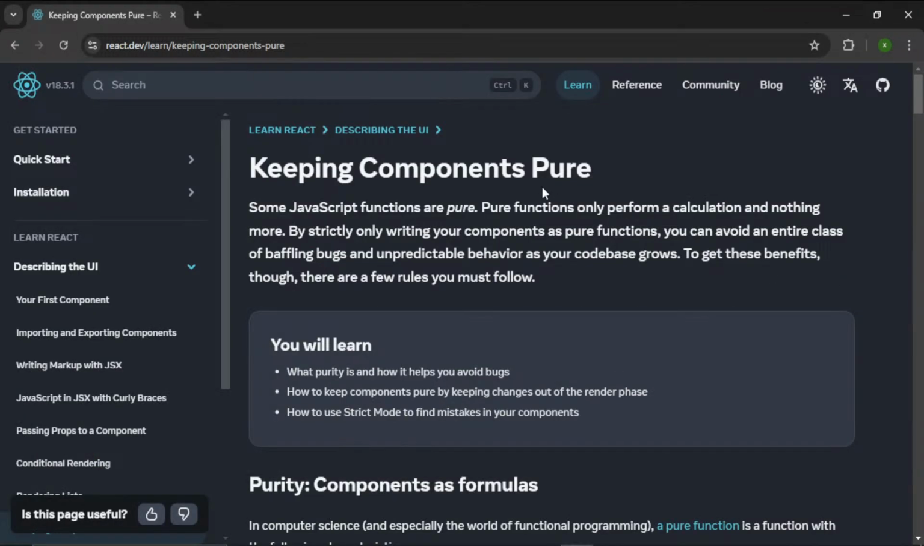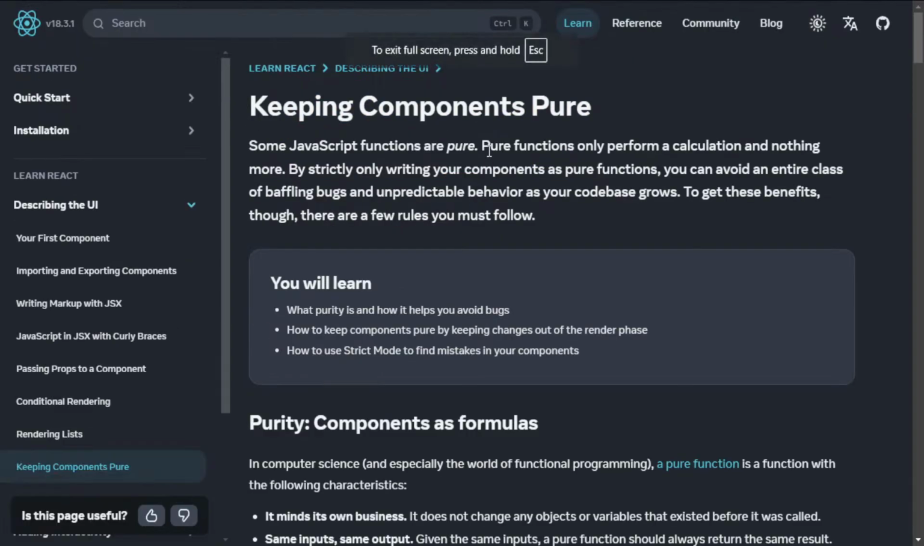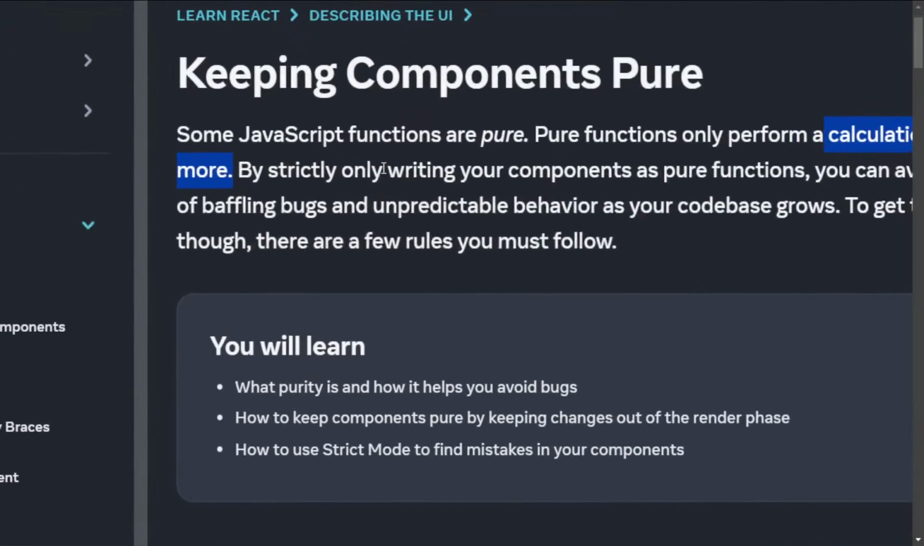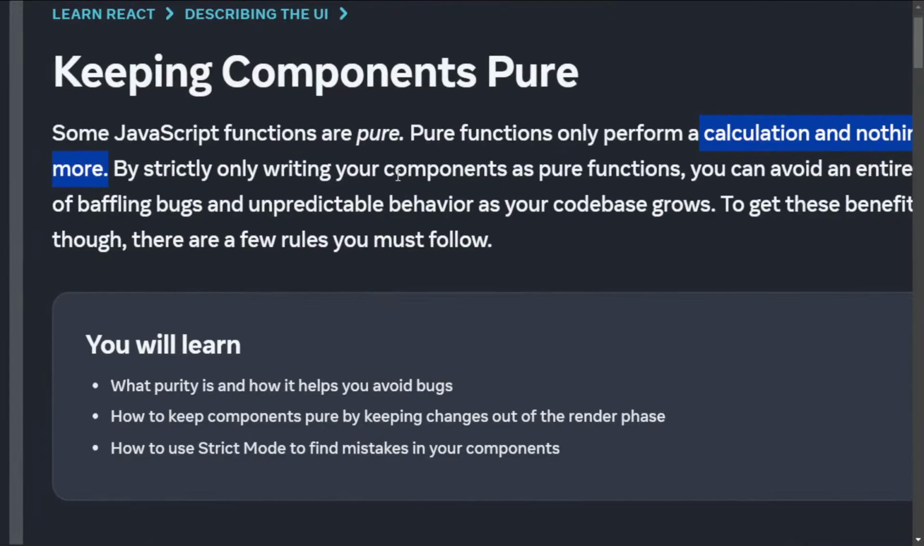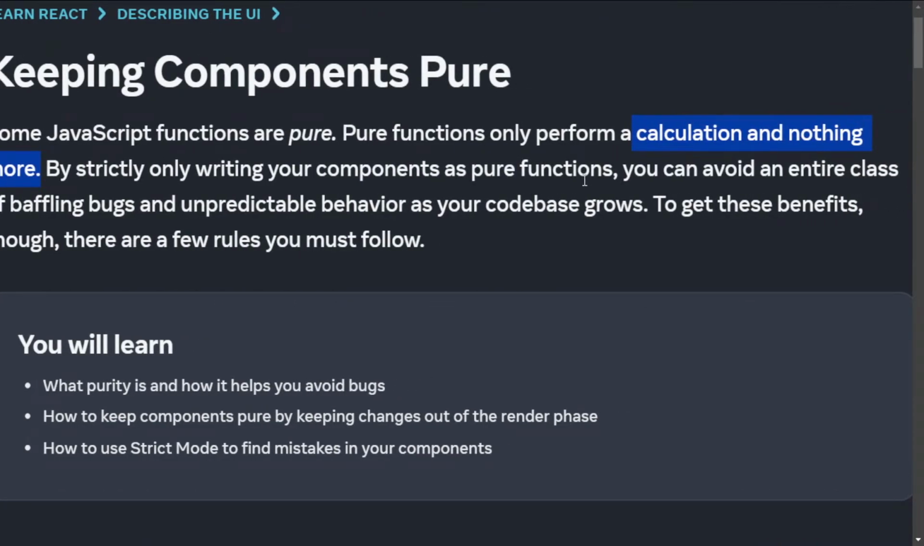So, starting with keeping components pure. Some JavaScript functions are pure. Pure functions only perform a calculation and nothing more. By strictly writing your components as pure functions, you can